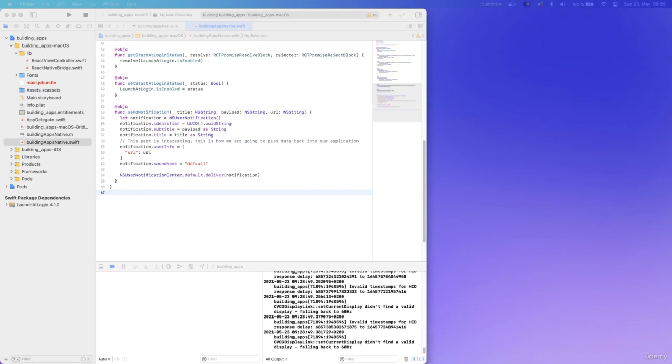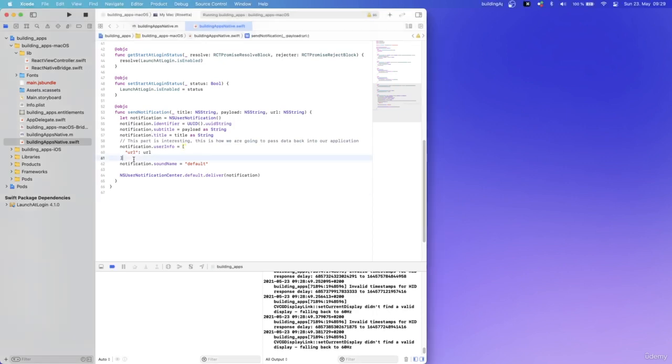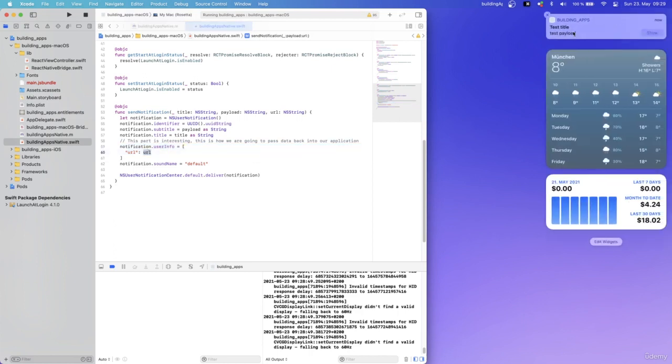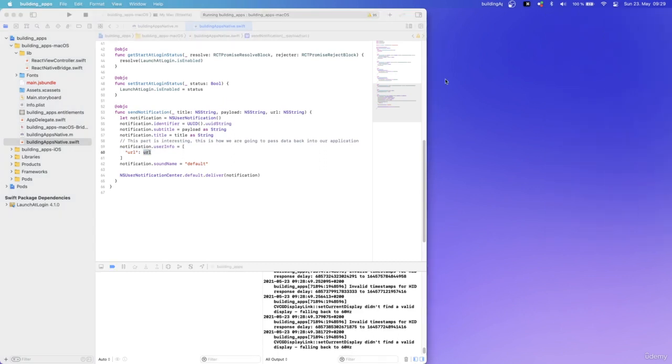Great, so now let's do one more thing. Like I said, the idea would be that once the user clicks on the notification, we do something with it. Sometimes it could be open this URL, it could be just showing the app, because right now if I click on it, nothing happens. So in order to do this, I'm going to go into the app delegate file,